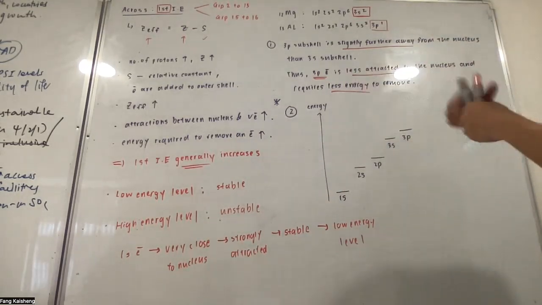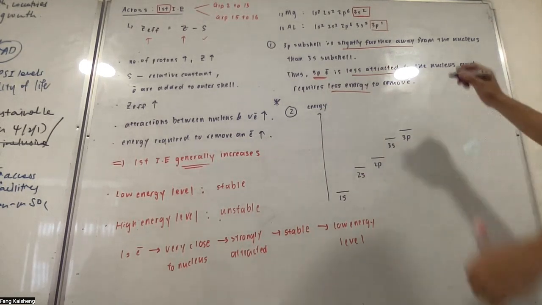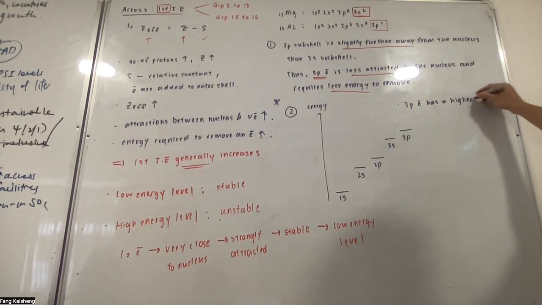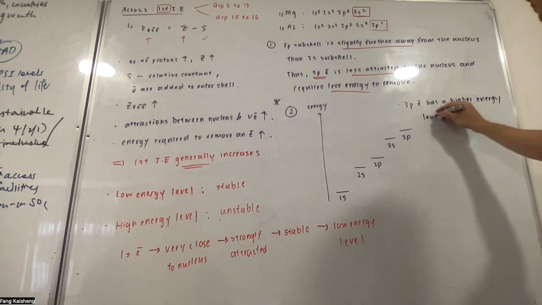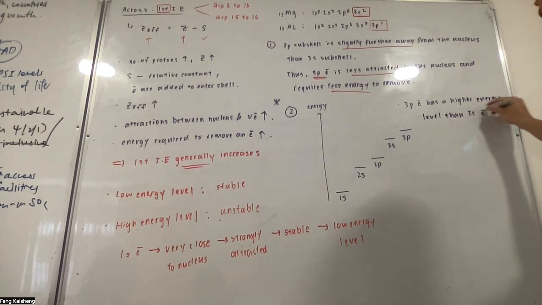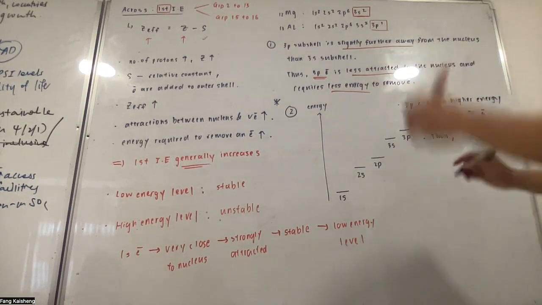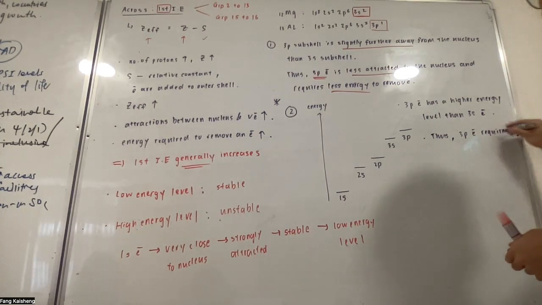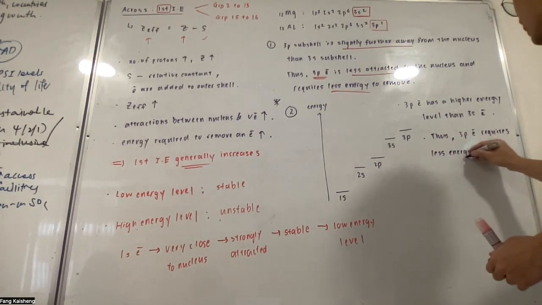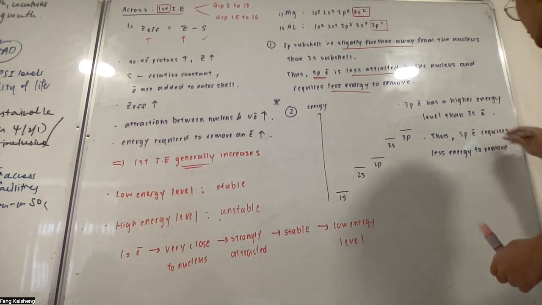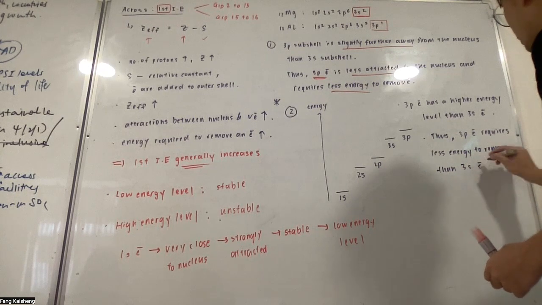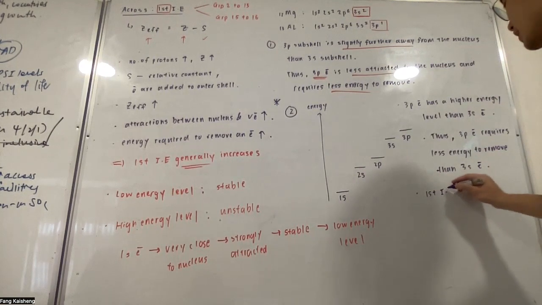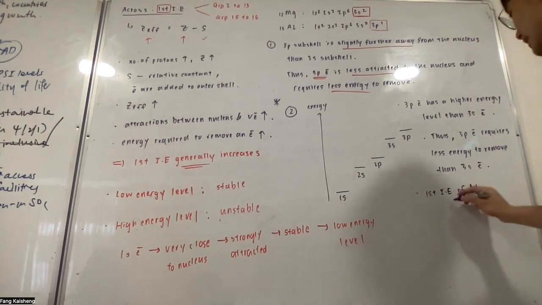Okay, so let's write down the second explanation, which is what you are required to write up. The 3p electron has a higher energy level than the 3s electron. And because of that, you can just go straight into energy. Don't need to tell me about less attracted. The 3p electron requires less energy to remove than the 3s electron. And that's why you can just tell me immediately that the first ionization energy of aluminium is less than the